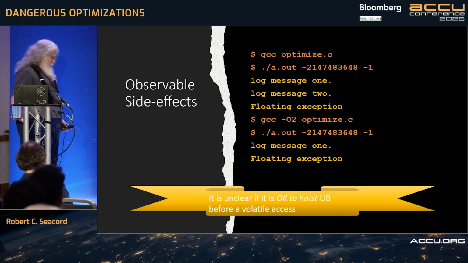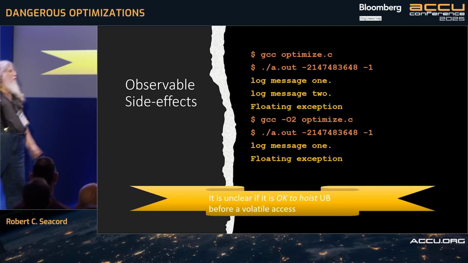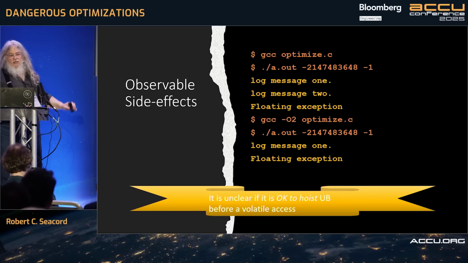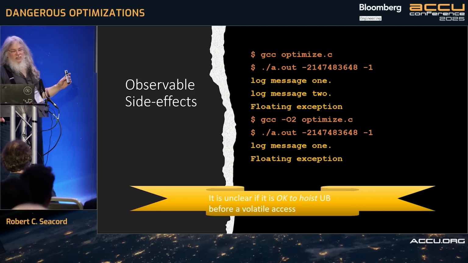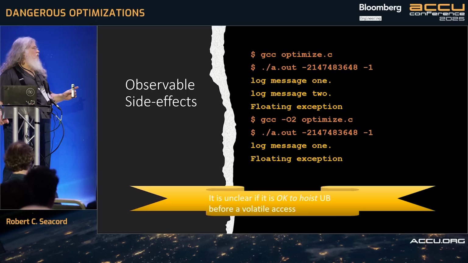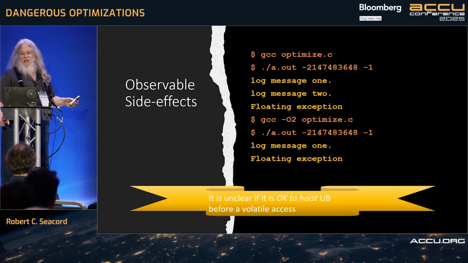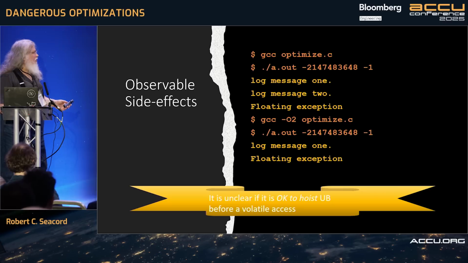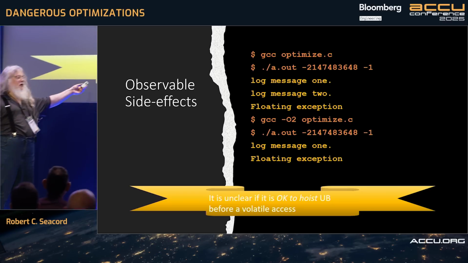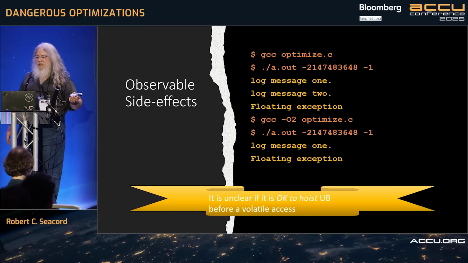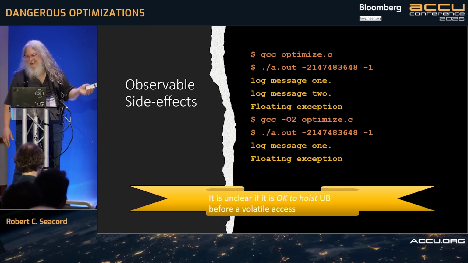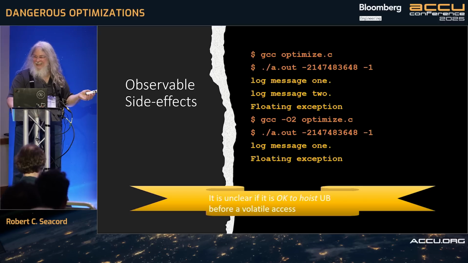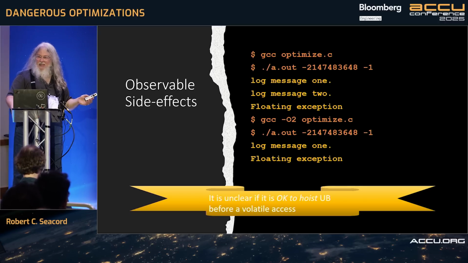And then the Intel guy then says, well, yeah, this type of optimization is allowed. He says, the interesting question is, can you hoist UB before volatile access? And then I said, I'm just going to stop here because the longer this conversation goes on, the worse it becomes. It just gets worse and worse and worse. But in my opinion, if a compiler writer asks a question like that, it's because he's already doing it. He's just kind of trying to make it legal.